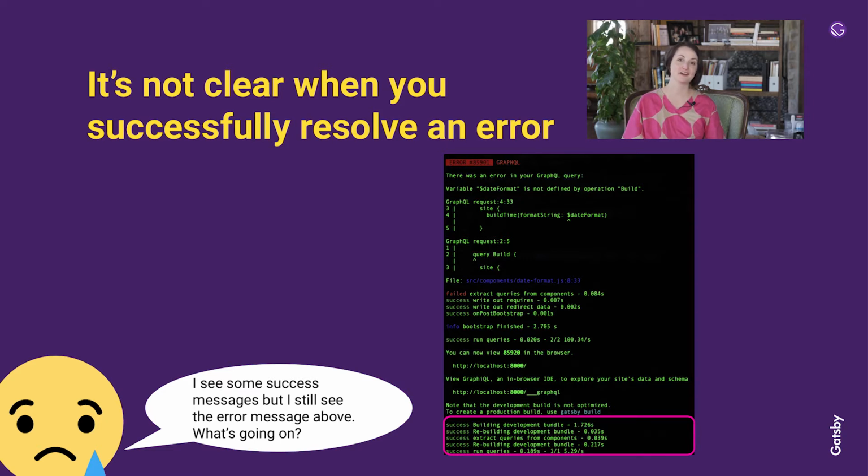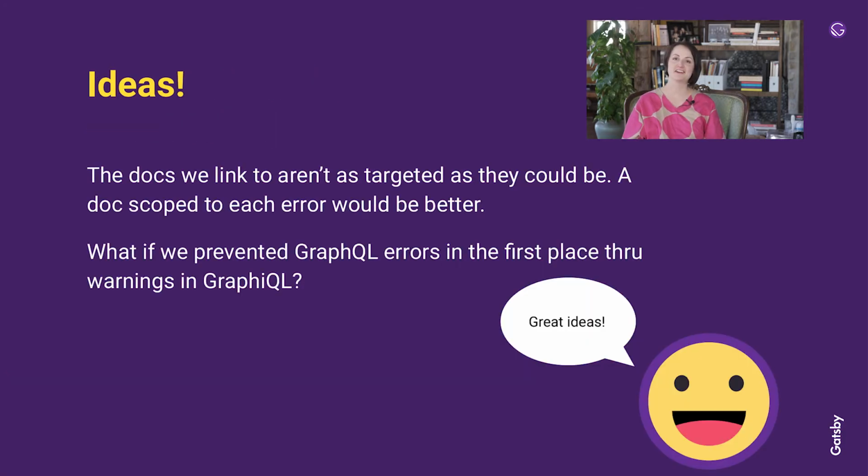There's one more thing that I want to share from this usability test. By chatting with Emmanuel and the other engineer on the call, we came up with some ideas. One of those ideas is that documentation could be scoped specifically to an error message. Right now, we suggest that people go look at documentation that's related to the error, and yet it's not specifically written to help you solve that error.